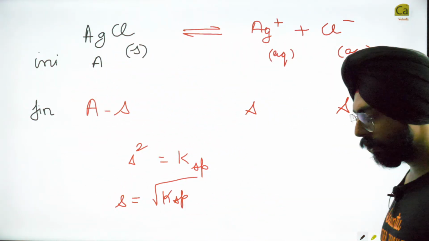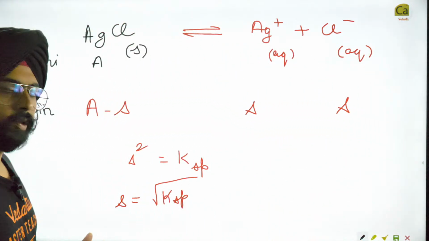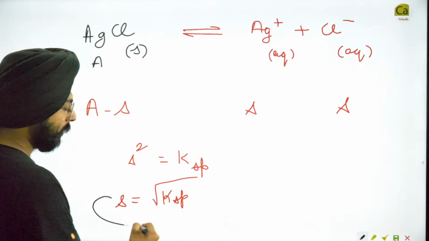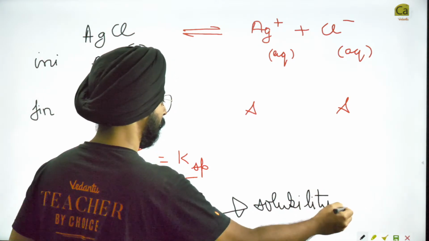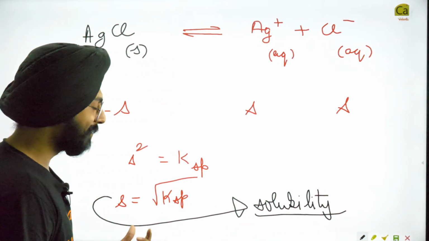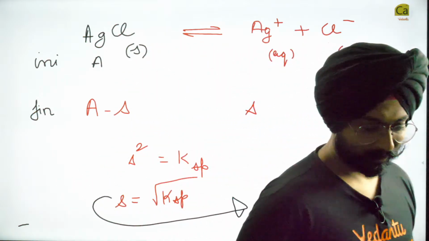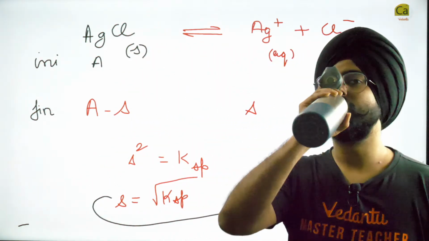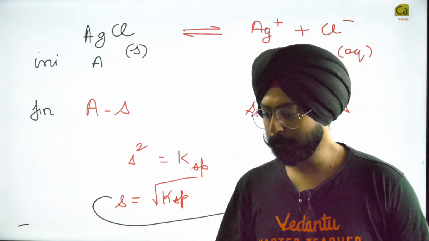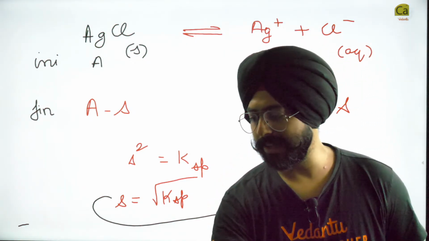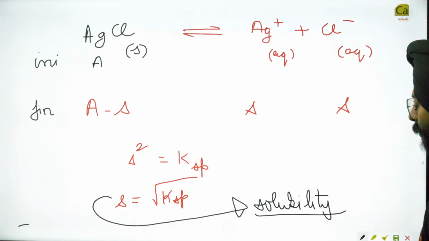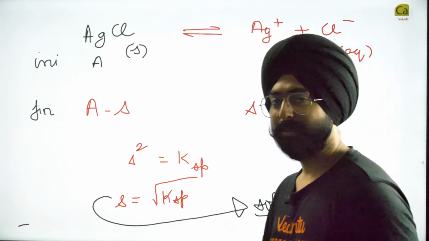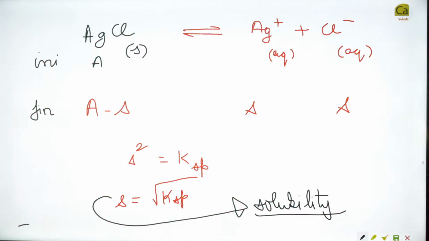My dear friends, welcome to ionic equilibrium. We will give it a different name. We will call this solubility. This value S is solubility. बस खत्म. Minav, I guess, yeah, pretty much. कौस्तव, मुझे भी भूख लगी है दोस्त. But do you get it? What we just did? S equal to root of KSP, खत्म.